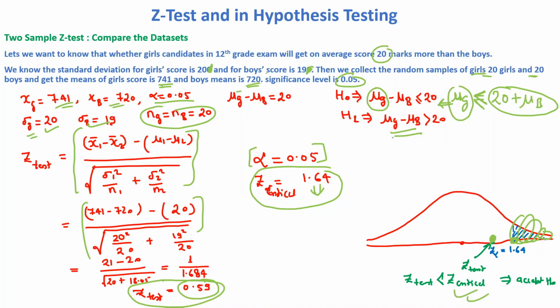Same way, we can calculate the two sample t-test. For that, the sample size should be less than 30 and the population standard deviation should not be given. We should have the sample standard deviation. So this way we can compare two data sets. Also, we can check whether the samples belong to that particular population or not. So this type of problem we can solve by using the z-test and t-test. For that, we can use the one sample z-test or one sample t-test, or we can also use the two sample z-test and two sample t-test.